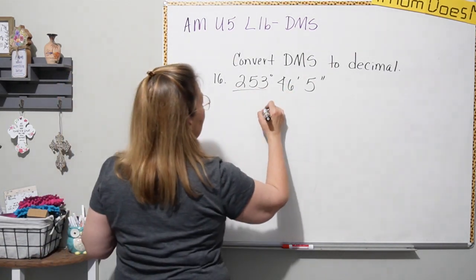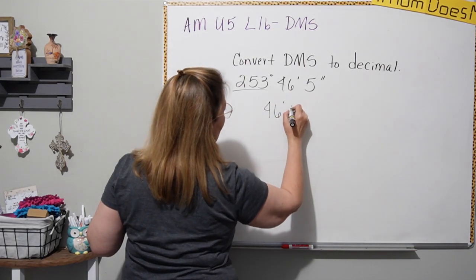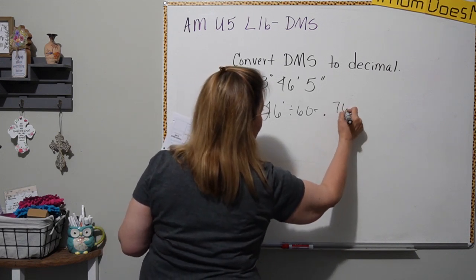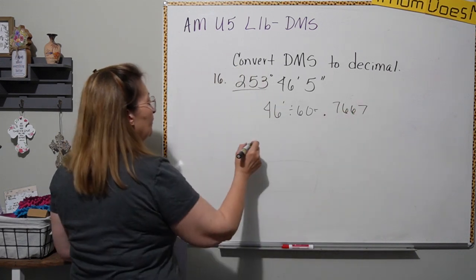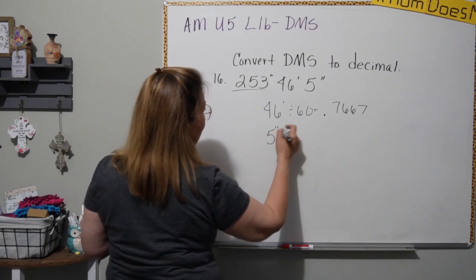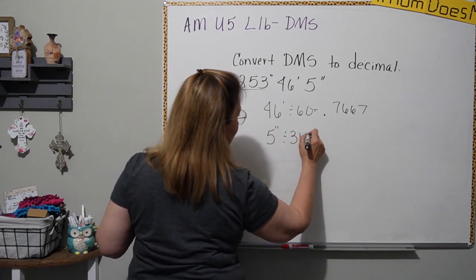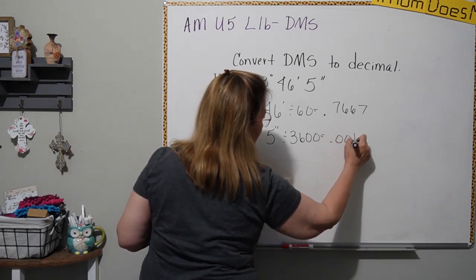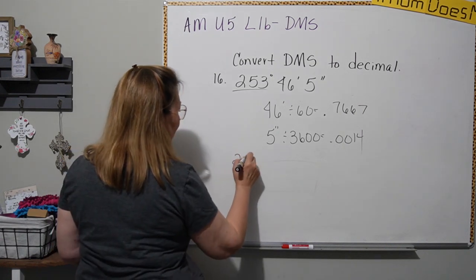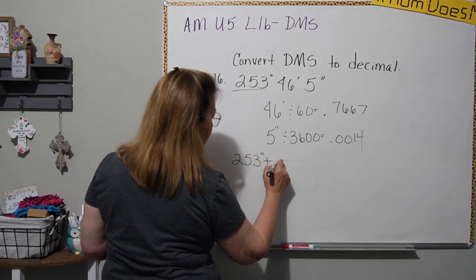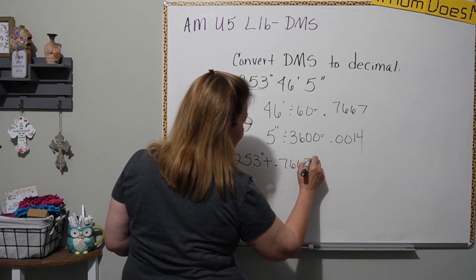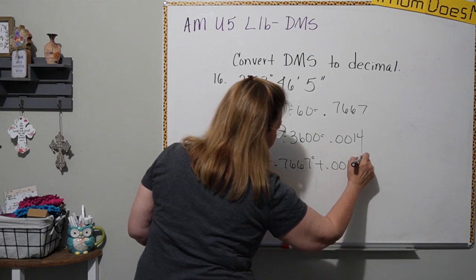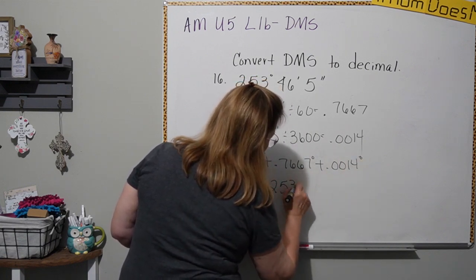Now we're going to take 253 degrees, 46 minutes, 5 seconds, and convert it to a decimal, not touching the degree part, but I'm going to take 46 minutes and I'm going to divide that by 60, and that will get me 0.7667. Then I'm going to take the 5 seconds and divide that by 3600, and that will get me 0.0014. Then I'm going to add 253 degrees plus 0.7667 degrees plus 0.0014 degrees, and that will get me